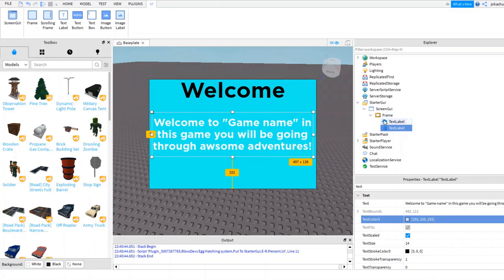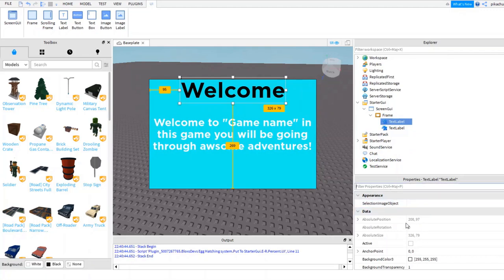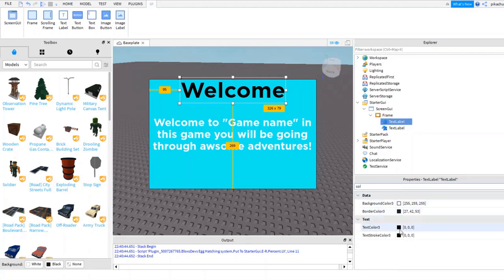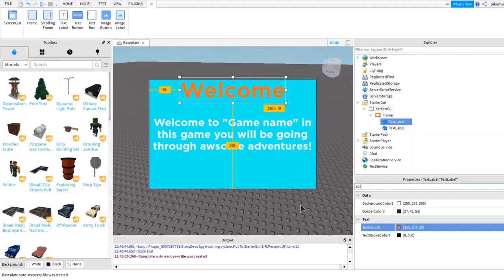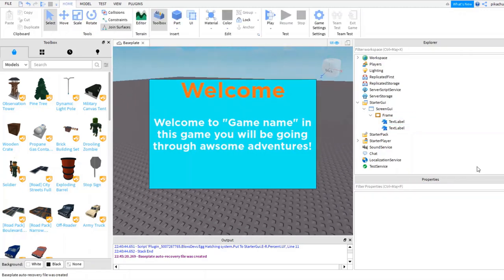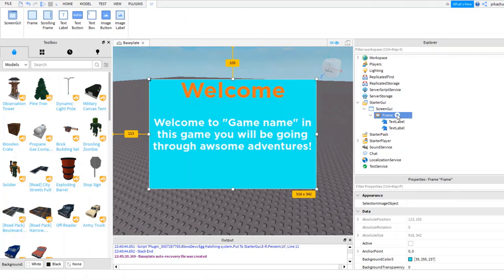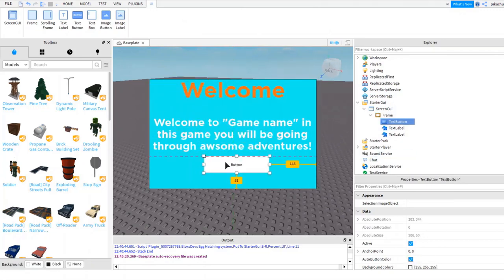So the welcome text is gonna be something else. We don't want it to be black. So we're gonna change it to another color. So let's find the color and change it to white as well. Actually, maybe we change it to something else than white, like orange. Yes, okay, this looks nice. So here we already got a frame which says welcome whenever you get in, which is pretty awesome.